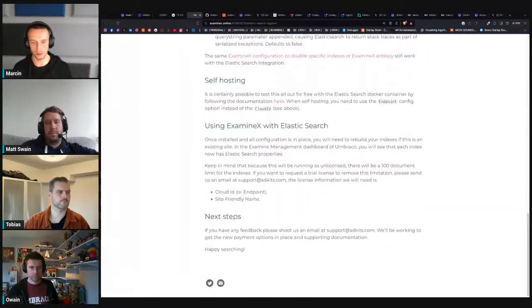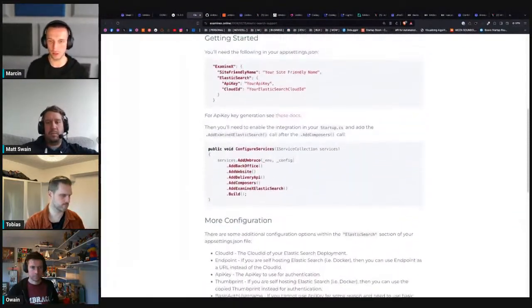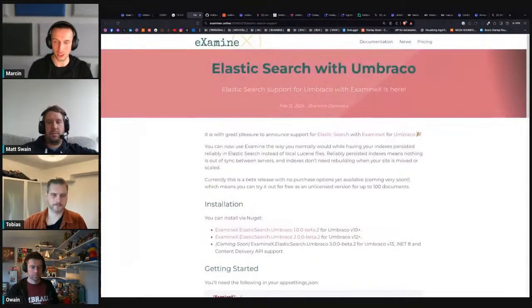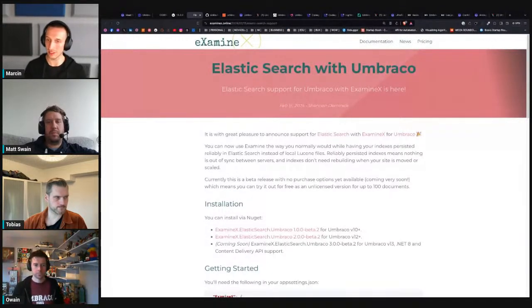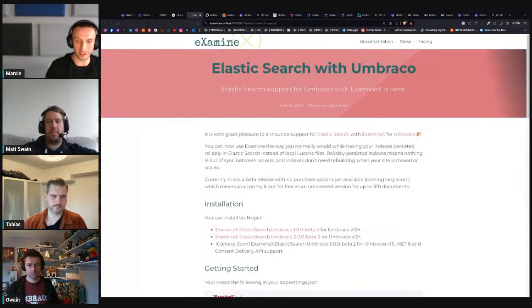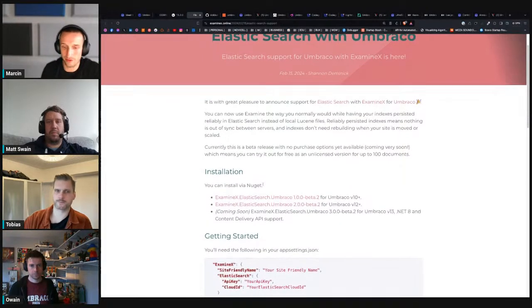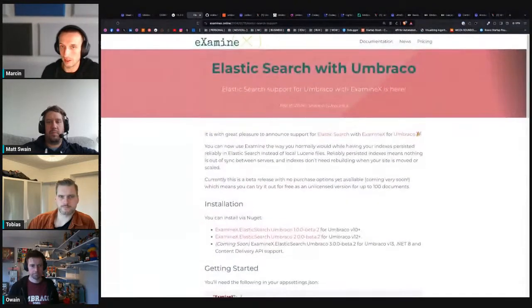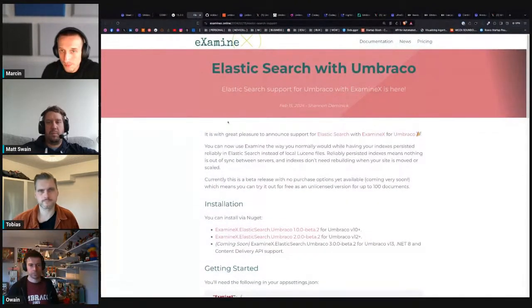I had the chance to use Elasticsearch more often recently, thanks to some projects that were using it. I know that Shannon was working on it for a long time, and now it's being released. So kudos to Shannon and to everyone who was willing to move indexes from either Umbraco or maybe Azure Search to Elasticsearch. Right now it's easy, and with ExamineX it's just a matter of simple configuration and it just works. That's really nice work from Shannon.